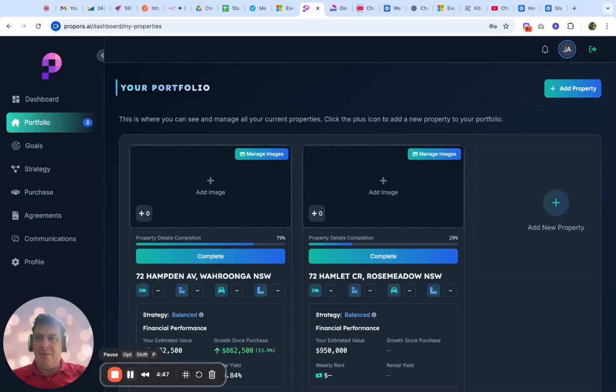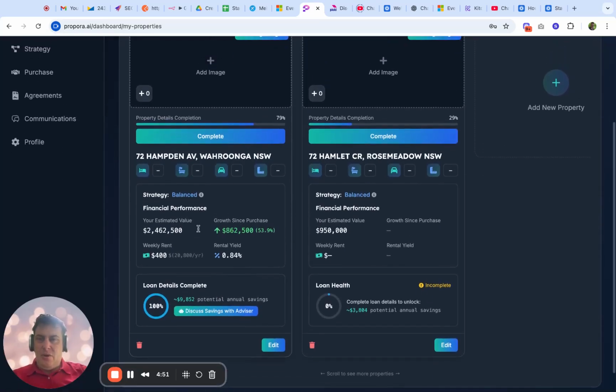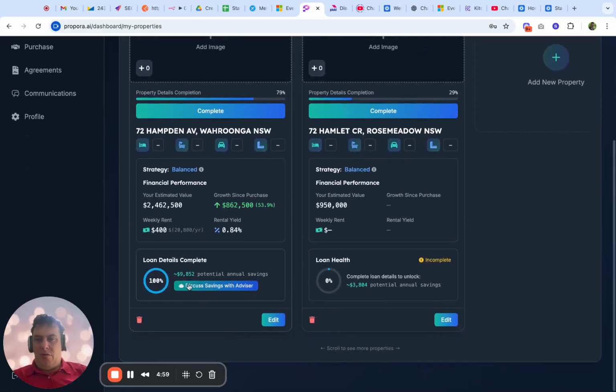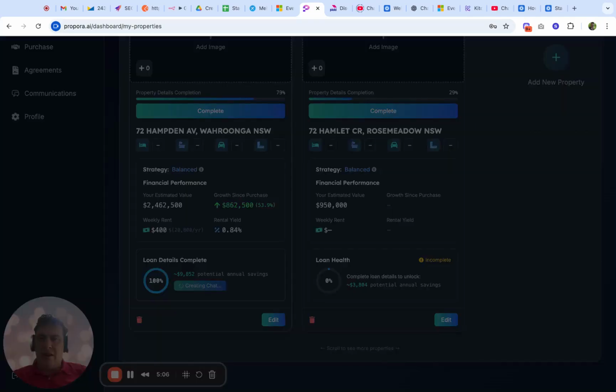Okay, over in the client platform now, I'm just in a test account. Here is an example of one of the clients sticking their hand up in the air in inbound inquiries. They've got a property in their portfolio, they've completed the loan information, there is the potential to optimize the loan information. They click on this button and it will create a new channel